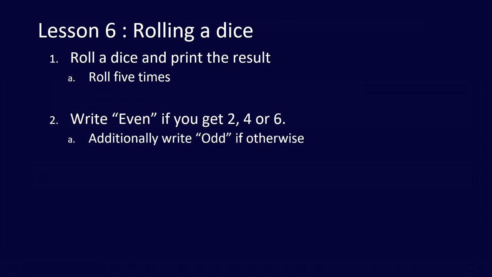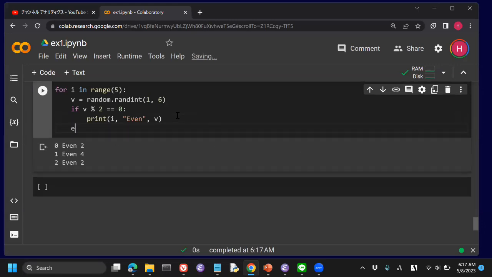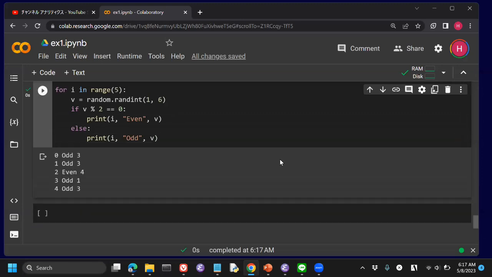Additionally, write odd if otherwise. So you know how to do it. Yeah, you will use else. So here, additionally, write else, colon, print I, odd, B. Okay, let's do it. Fine, this is more